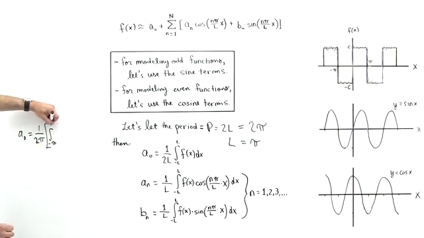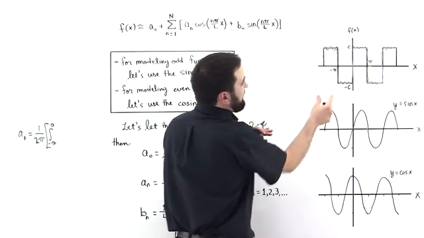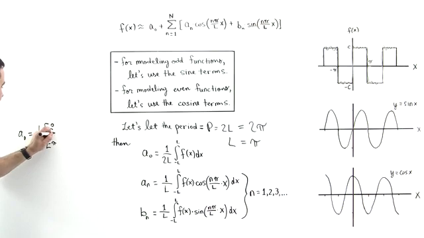We're going to break it up. And then f of x, from here to here, f of x is equal to what? Negative c. So we put f of x in here. This is negative c dx